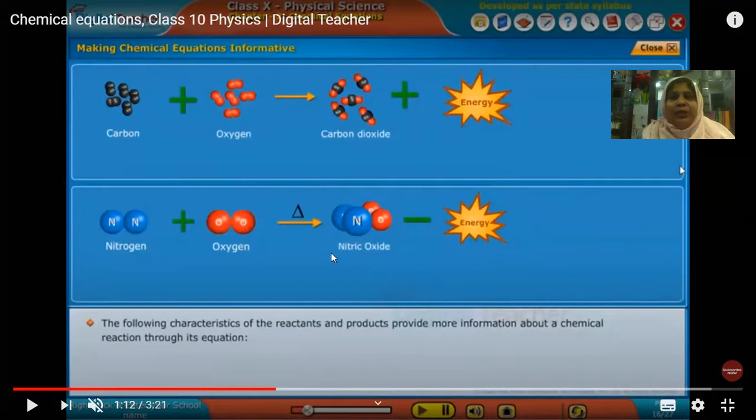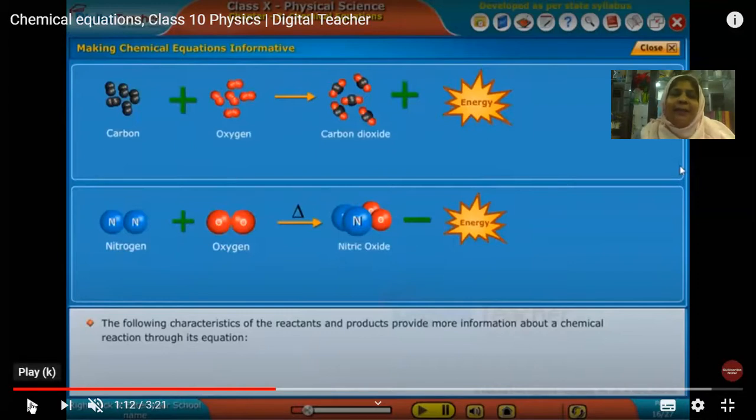And decomposition: you have seen that we make a small compost pit into which all the organic substances are put and it is decomposed. What type of reaction is a decomposition reaction? So this is homework for you, to let me see how many of you understood this concept clearly.